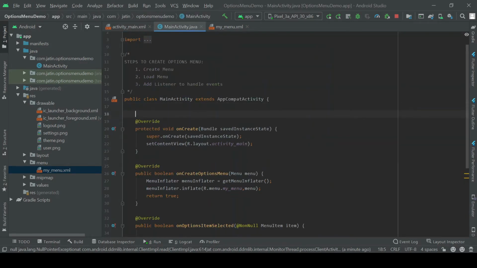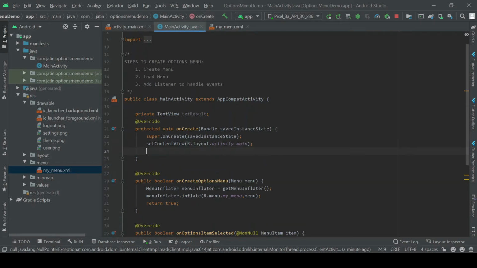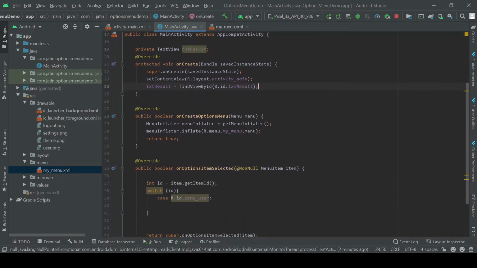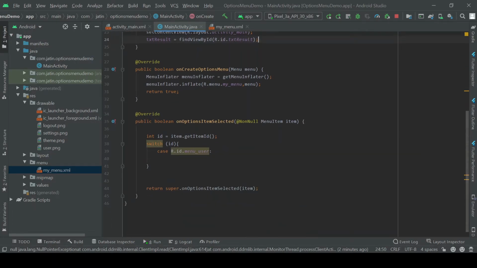I just create a private variable over here, private TextView, and we need to initialize it as well. Let's use findViewById, that is R.id.this. Done. So now everything is fine, you can access it over here.